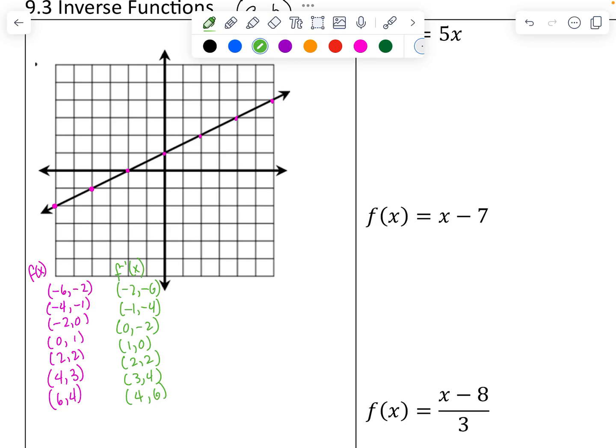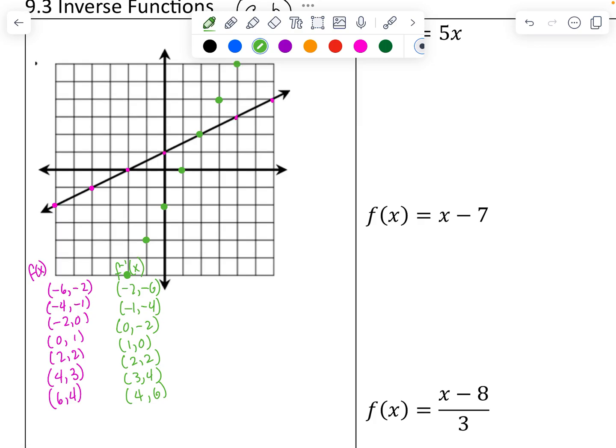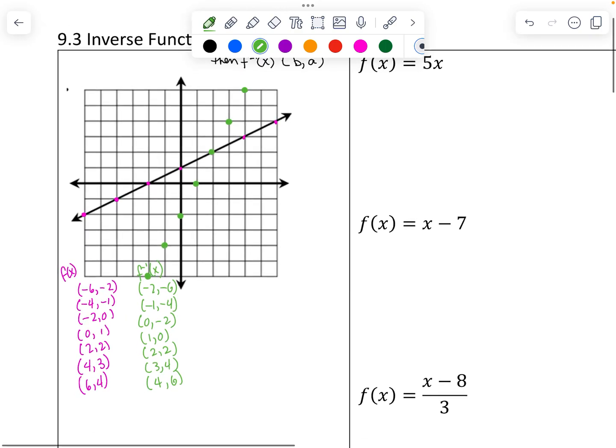And so if we were to plot those points, (-2, -6) would be here, and (-1, -4) would be here, and (0, -2) here, and (1, 0) here, (2, 2) here, (3, 4) here, and (4, 6) here. And then if we were to connect those points,